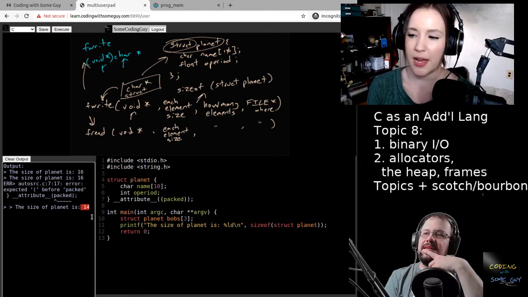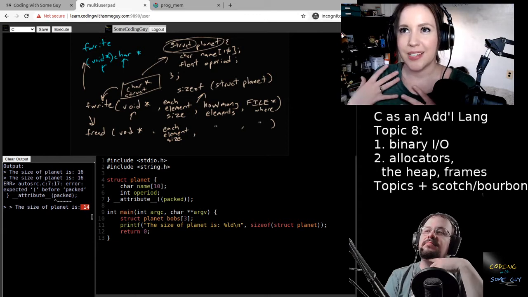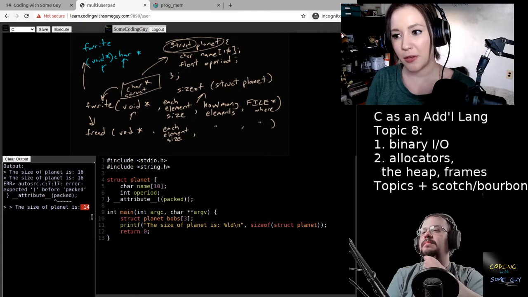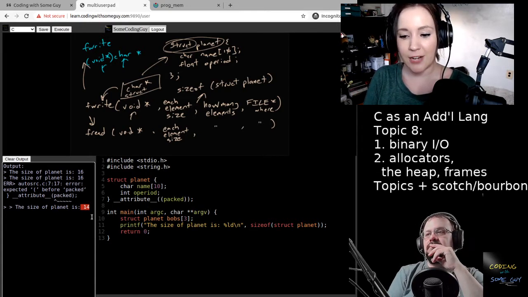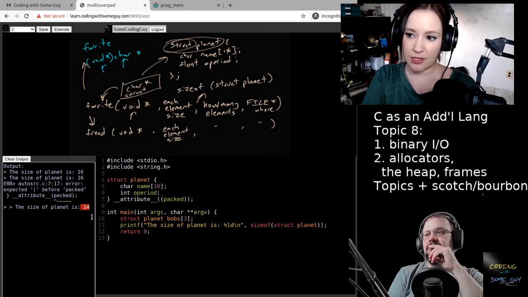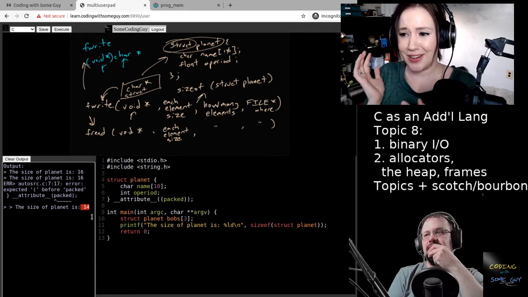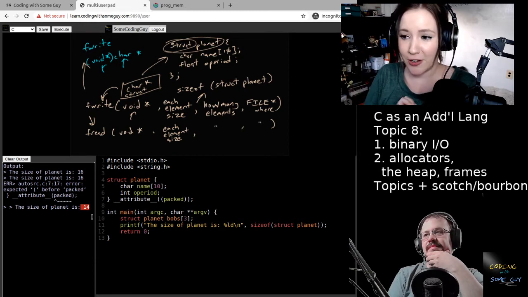So why does padding allow for greater speed? Is it just because, horrible metaphor incoming, thinking of pointers and memory locations as physical addresses, right? Each address points to a house, and that house is on a plot of land. And let's say we have, oh God, this is going to get bad, 500 units of furniture or something.